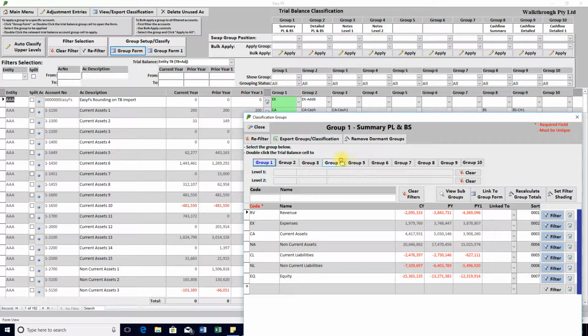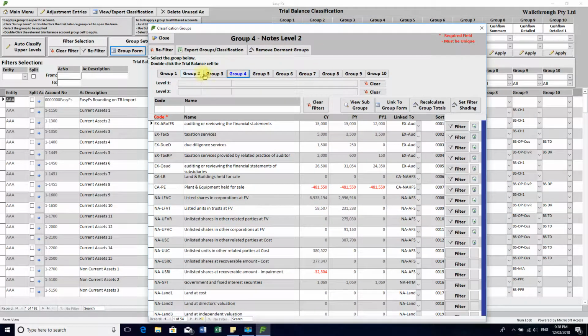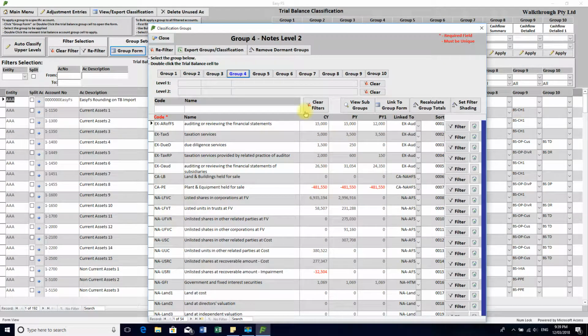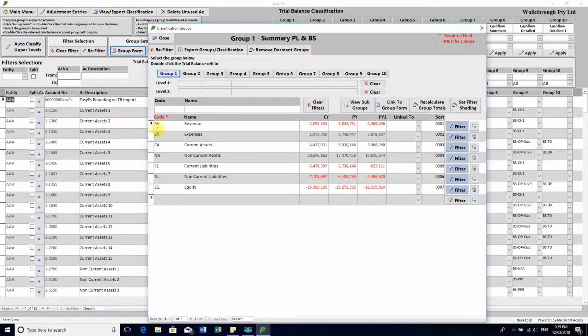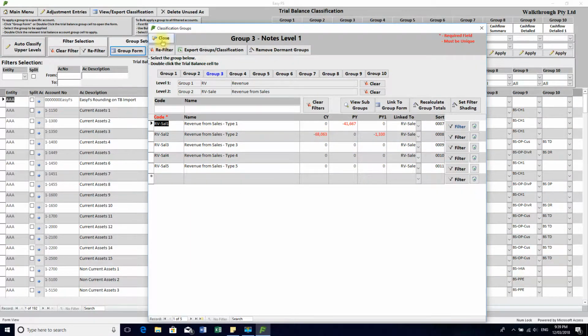Now, so those are the four other groups, as you can see. As I scroll through, there's a lot of groups here, and this is not the main form which you use to classify. You also have the drill down functions like revenue. You can just drill it down to the further revenue. It highlights when there is further breakdown, and is grayed out if there is no more. Again, all of this is explained